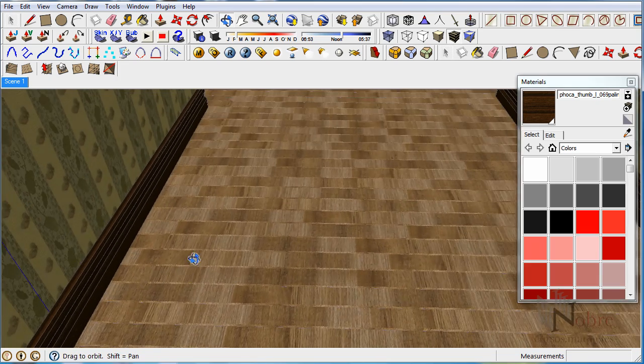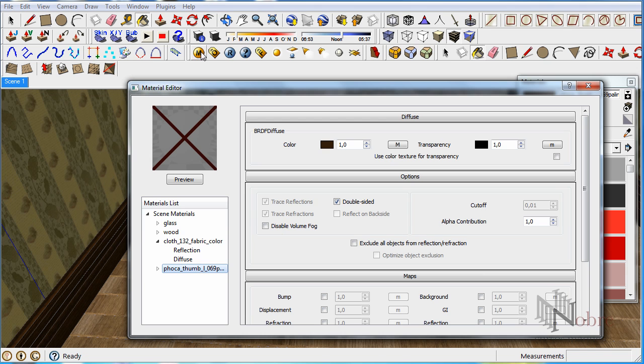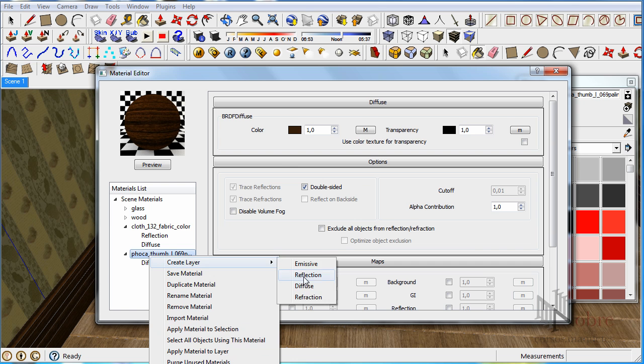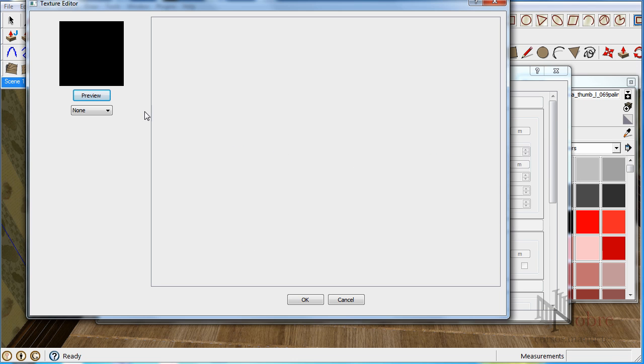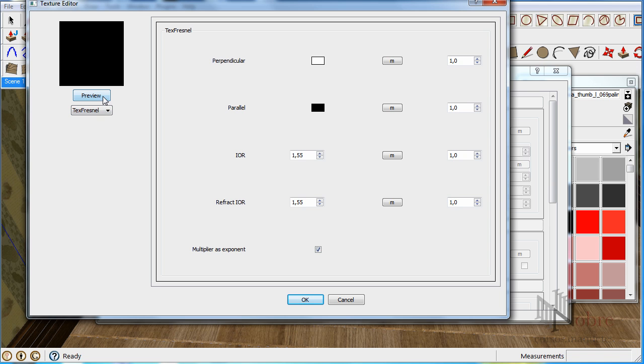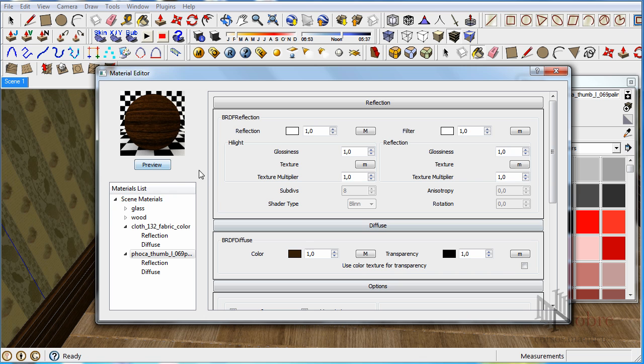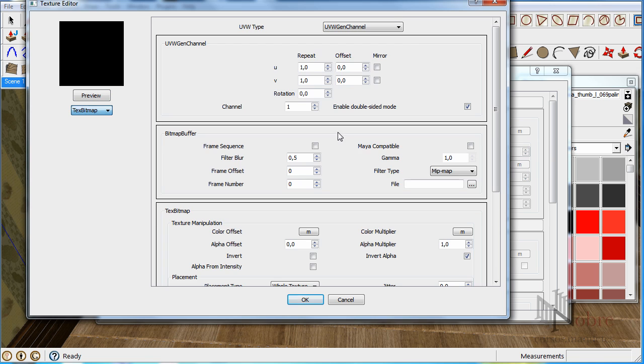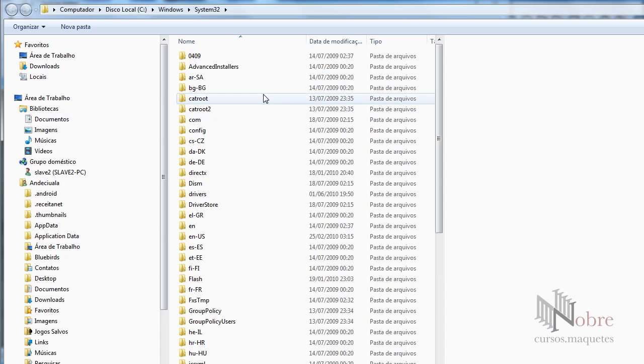Let's go to our material editor again, and then go to this material here. I want to use a bump. I'm just going to add a reflection layer with a Fresnel on it, and then press OK. Then I'm going to filter and get a bitmap that will be our